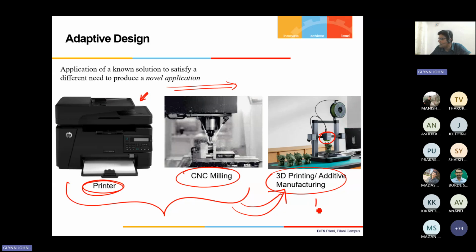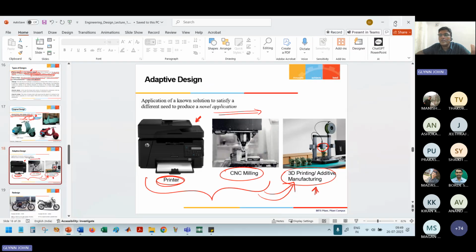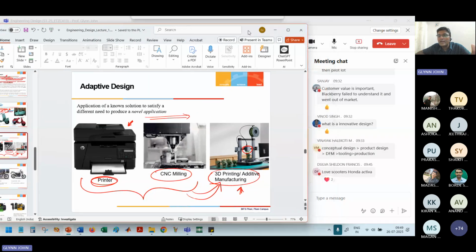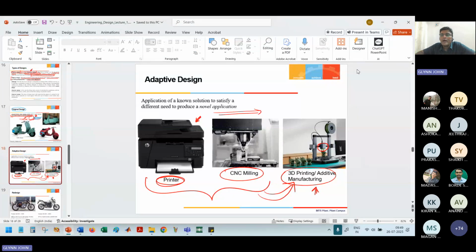Now this itself is evolving. 3D printing itself is evolving for plastic, for metals, right? So all these technologies are still evolving, right? So this is adaptive design. So you're taking something already known to you, and you're putting that together and creating a new technology. Okay, now the next one